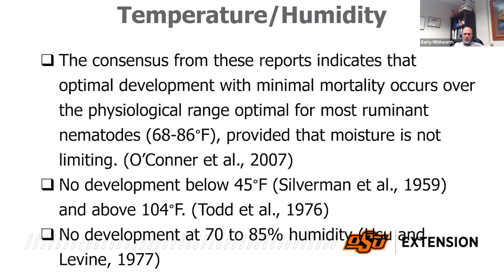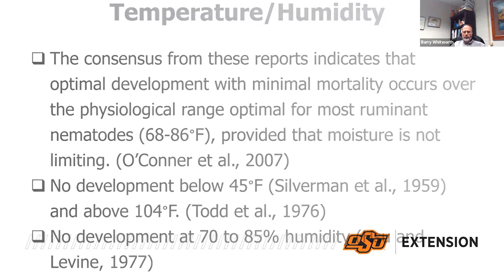Humidity is really important. If you get lower in the humidity, you're not going to see development for this parasite. But keep in mind, you're talking about what's happening down there in the grass and not what we're experiencing. So even when we sometimes get into the summer months and it gets hot, you go out and you've got a bunch of dew on the ground, that humidity down there is going to be conducive for those parasites to develop. So you have to keep that in mind, especially in certain types of grasses, thick Bermuda sod and those types of things.